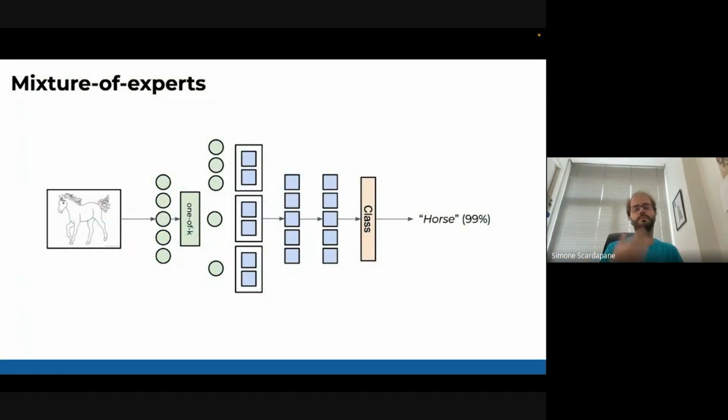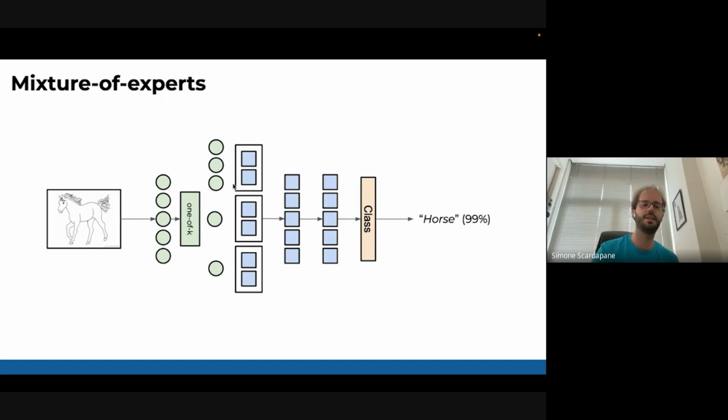So this is a mixture of experts. In this case, instead of selecting one classifier, one layer, we split each layer into blocks. And we use our sampling procedure here to partition my tokens across these blocks. And this is called a mixture of experts.